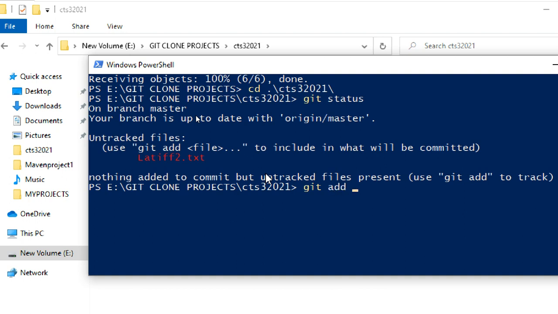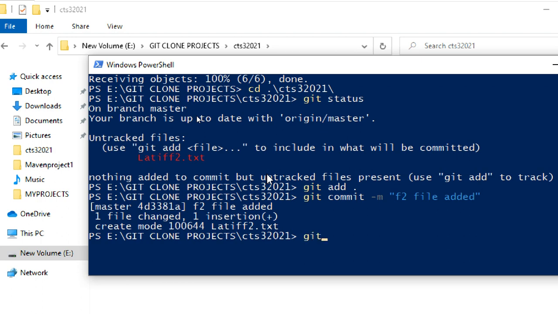Now git add. Now it's added. Then git commit. Guys, when you do git commit the first time, it will ask for global configuration. When you push for the first time, it asks for username and password. So remember that. But I did it already, I'm doing it on the same PC, that's why it doesn't ask. F2 file added.